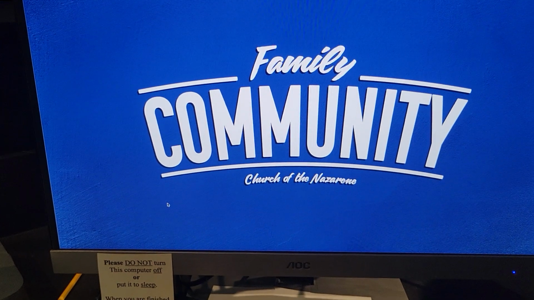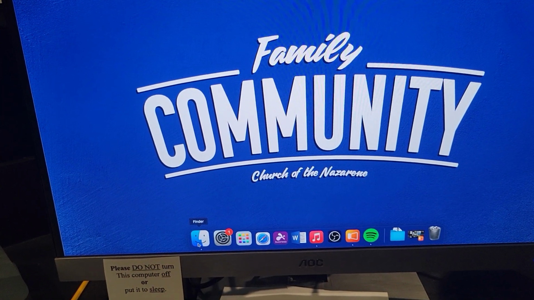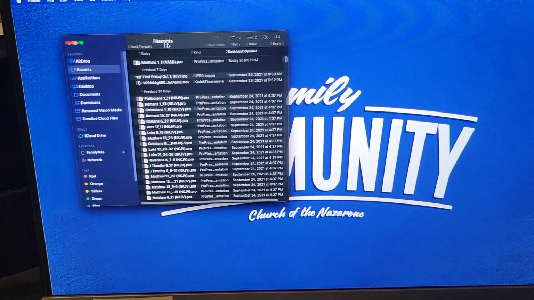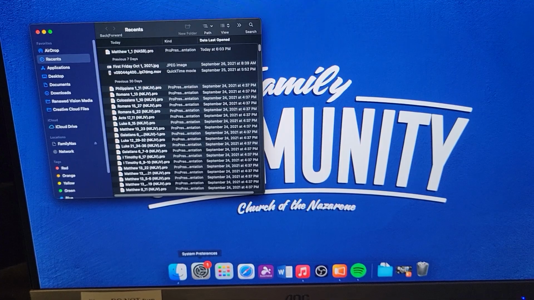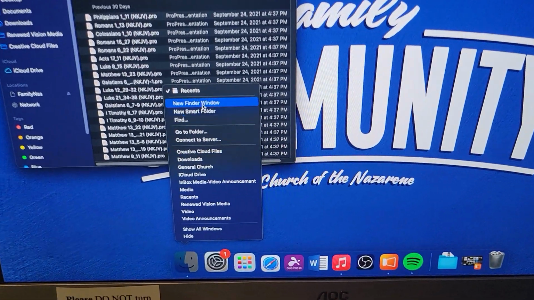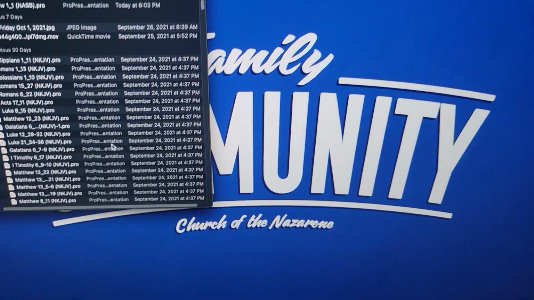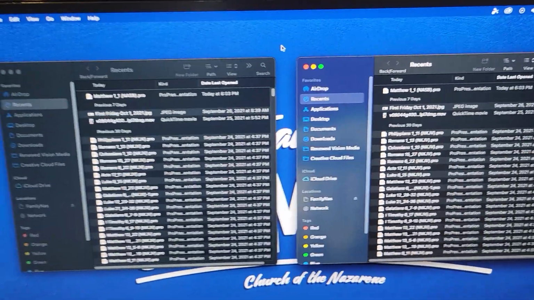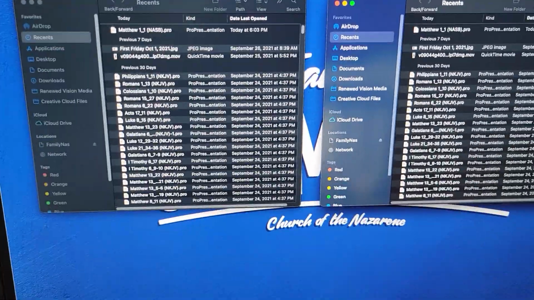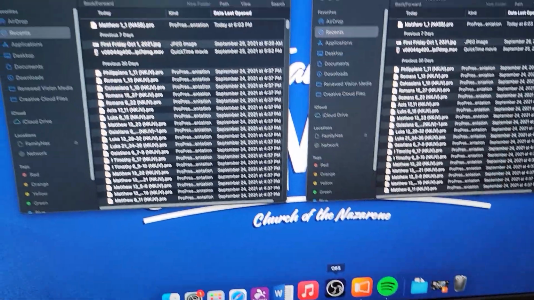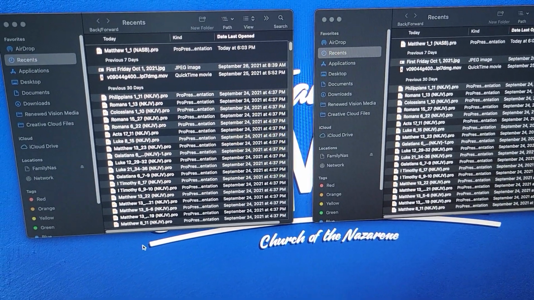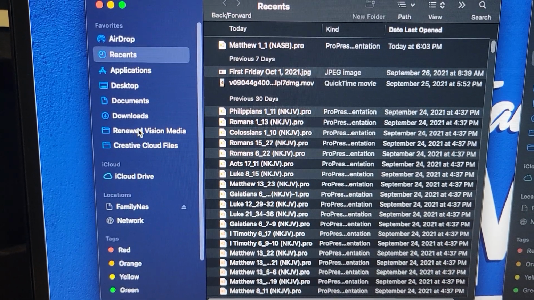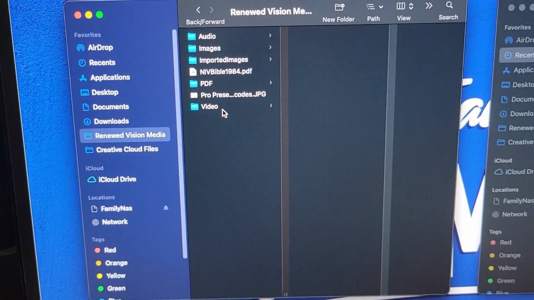All right, here we are, desktop, and we'll open a Finder window. There's one. Okay, and this is what I like to do. You don't have to do it this way, but I find it to be the easiest. I right click and I open another Finder window, and I put it right here. Okay, so where the files that are in ProPresenter in those media folders live is here. So Renewed Vision Media, if you click on this over here, you open up the video folder,